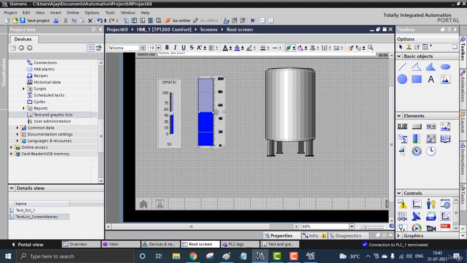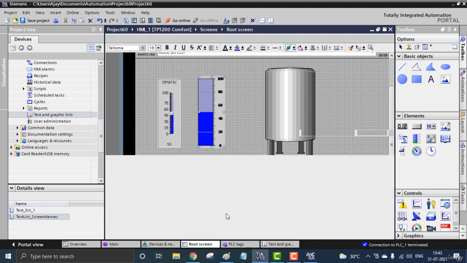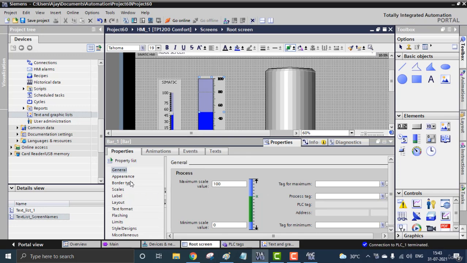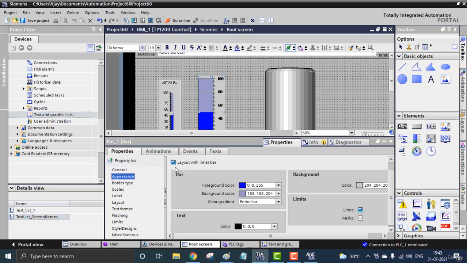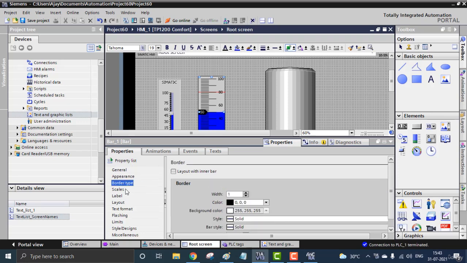I'm going to go to the properties and make a little change. I don't need these R01 markings. Inside the appearance, I'm going to uncheck the layout with inner bar. See, now it looks like this. Going again inside the border type, nothing.